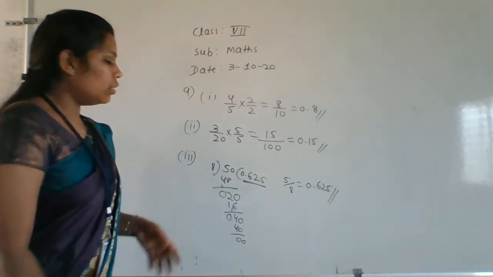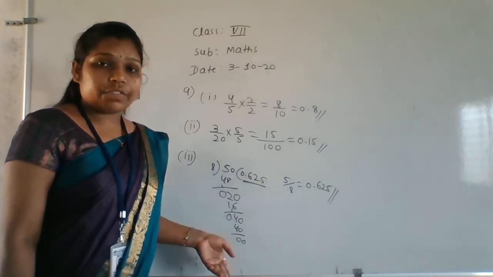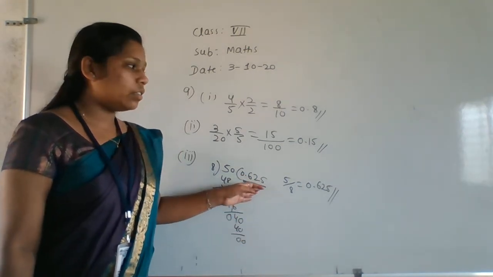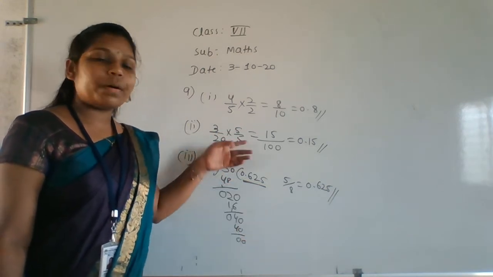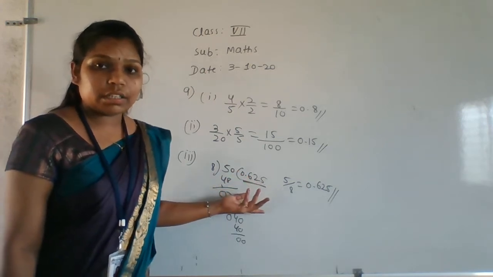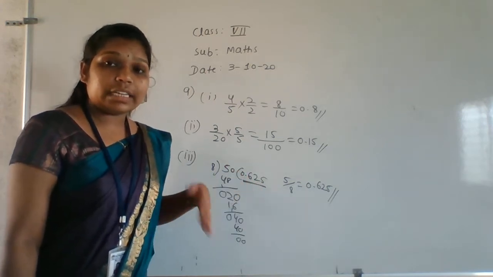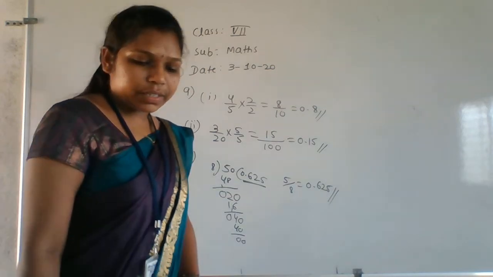Even if you do the division, you will get a decimal number. If you know the division also, then you can do it like this without multiplication. These are the two methods. This is one method, this is another method. You can follow any one. Whichever you feel is easy, that method you have to follow. Okay, so next one is